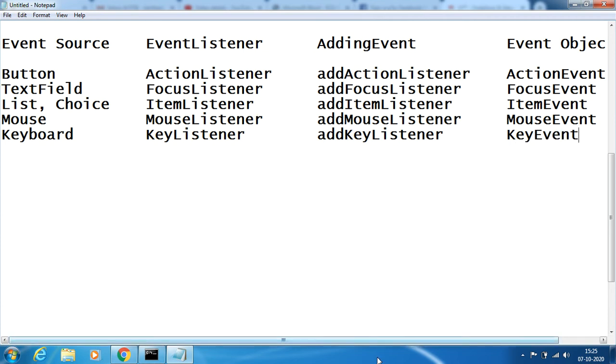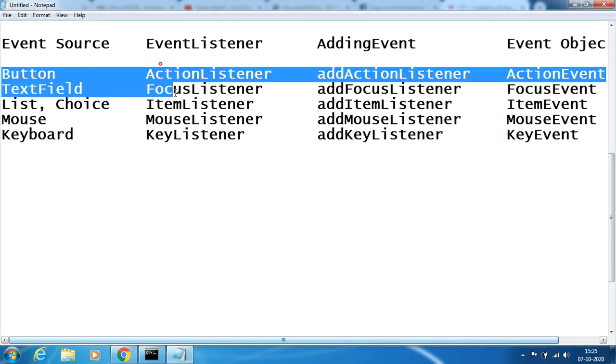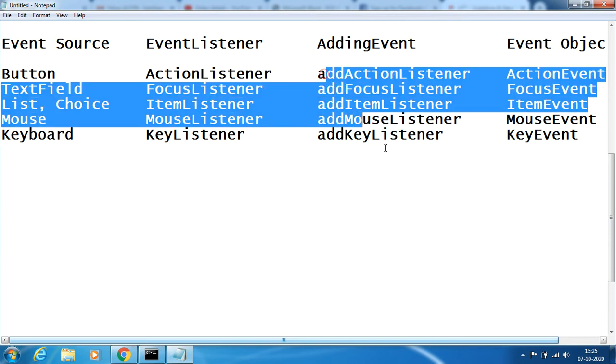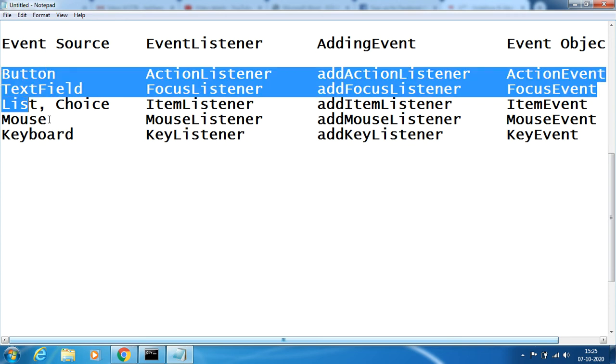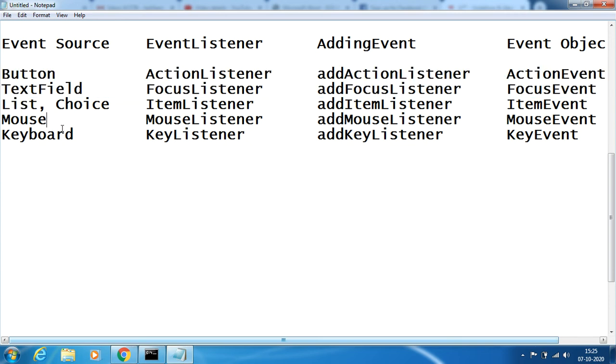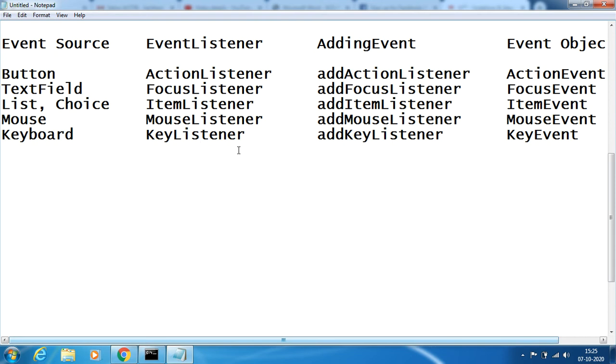So these are the different examples of events, event listeners, how to add the event and how to perform the event. Event source is a kind of object in which the event has to be applied. Event listener is an interface which is used to create an event on an event source.